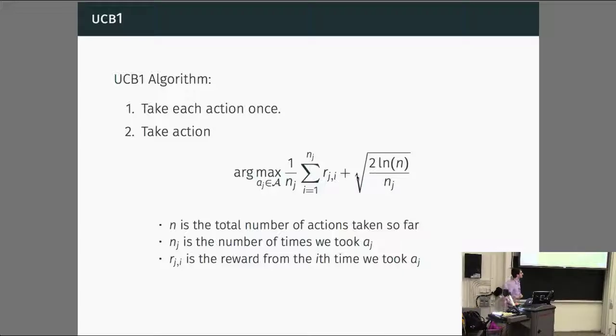In practice, what people do, I think, is multiply this term by some constant, so you might scale it down, and it might do empirically better. This form is derived in order to get better regret bounds. The asymptotic regret here is logarithmic in the number of time steps. So asymptotically, it's zero regret.